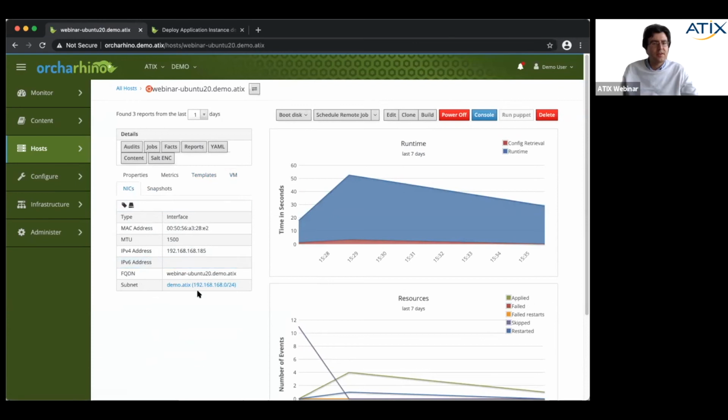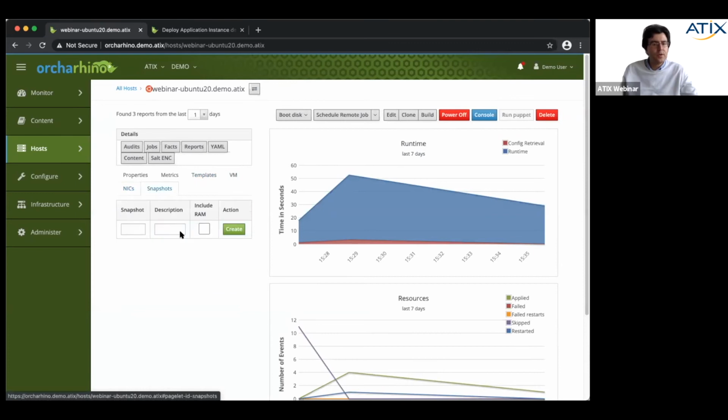about the network interfaces. And here we have our snapshot plugin. So for example, if we want to make a snapshot for the server, we can just type in test snapshot, description, whatever. Now we can decide if we want to include RAM or not. Let's do it without RAM because then it's a bit quicker for demonstration.